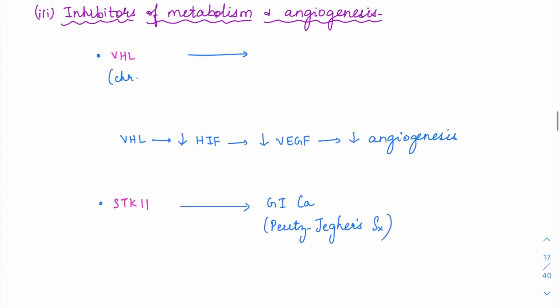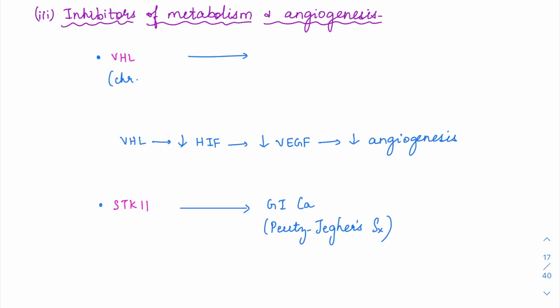The third type of tumor suppressor is inhibitors of metabolism and angiogenesis. If you want to remember the tumor suppressor genes, you can remember it this way. Either it is going to oppose the oncogenes, the proto-oncogenes, or it is going to oppose the hallmarks of neoplasia. In order for a malignant cell to invade and grow, it needs to acquire the hallmarks of malignancy, right? So these tumor suppressors are going to inhibit each of these hallmarks. If you remember it that way, it is going to be